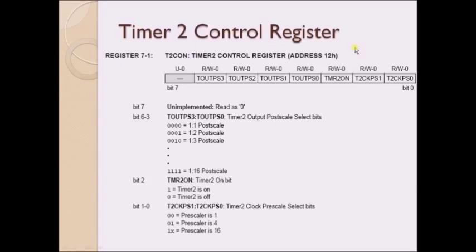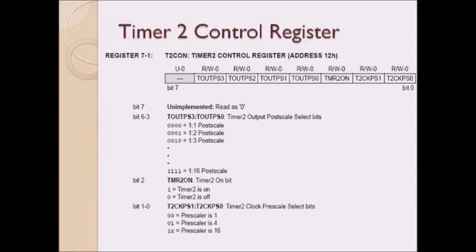Now timer 2 control register. In order to control this timer 2 peripheral, you have to program this control register. We'll come from the MSB bits. Here you have PS3, PS2, PS1 and then PS0. These are post scale bits. Until now we have seen pre-scale bits, but what is this post scale? If you want to provide some delay in generating the overflow interrupt, then we have to use these post scale bits. Pre-scale is for dividing the incoming clock by some factor, and post scale is for providing some delay for generating